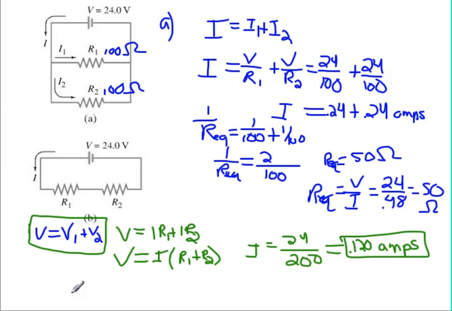But we still didn't finish the problem because we wanted the equivalent resistance. So the equivalent resistance for that is just going to be one resistance plus the other. So a lot more resistance, and that correlates to our less current. If there's more resistance, there's going to be less current. So we get 200 ohms, and likewise, we could have done this kind of thing and gotten 200 ohms that